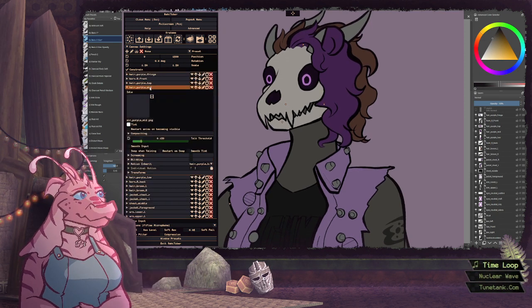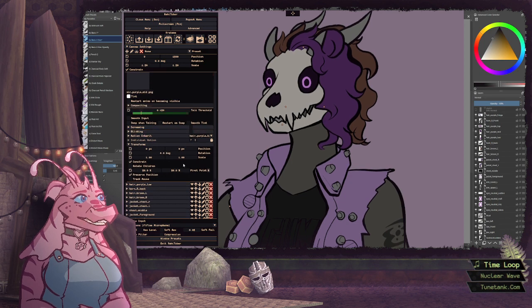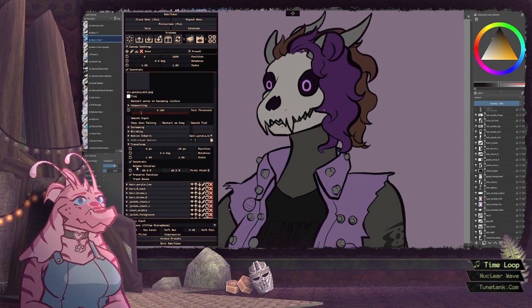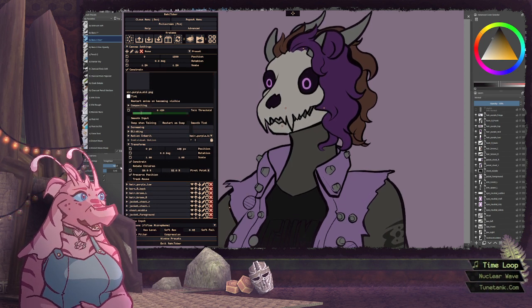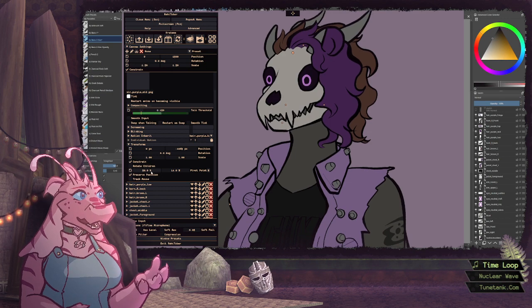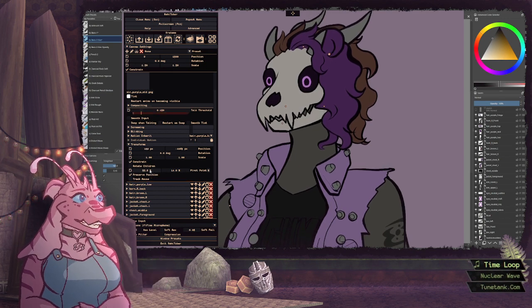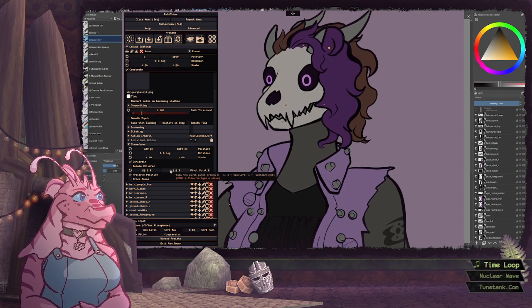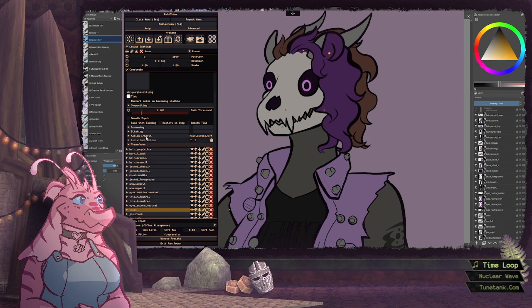For the other bits then, let me get the pivot point right. Where is it? There it is. So the next bit of hair is going to be like here. That's the pivot point for this one.